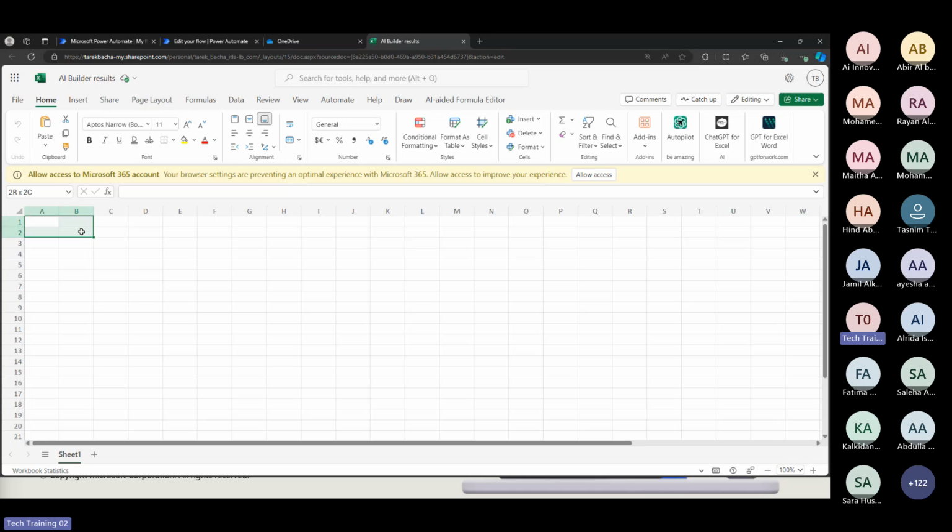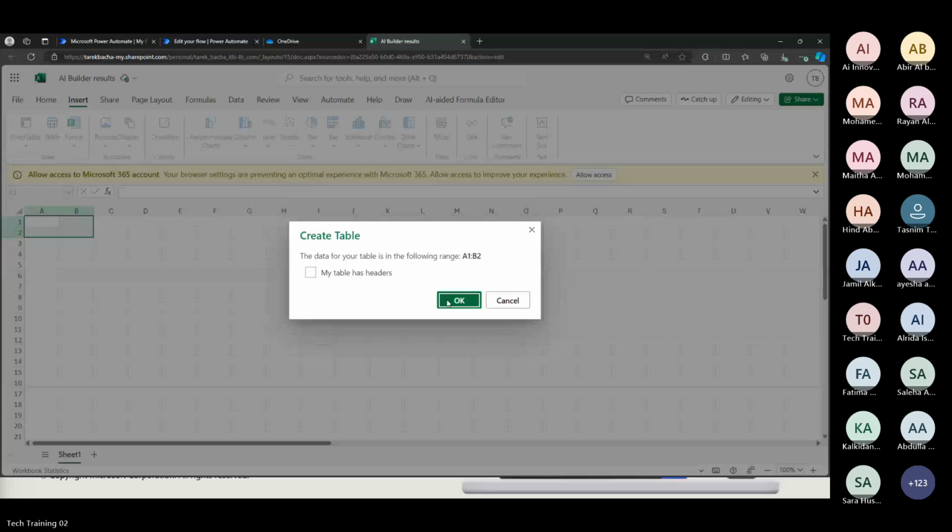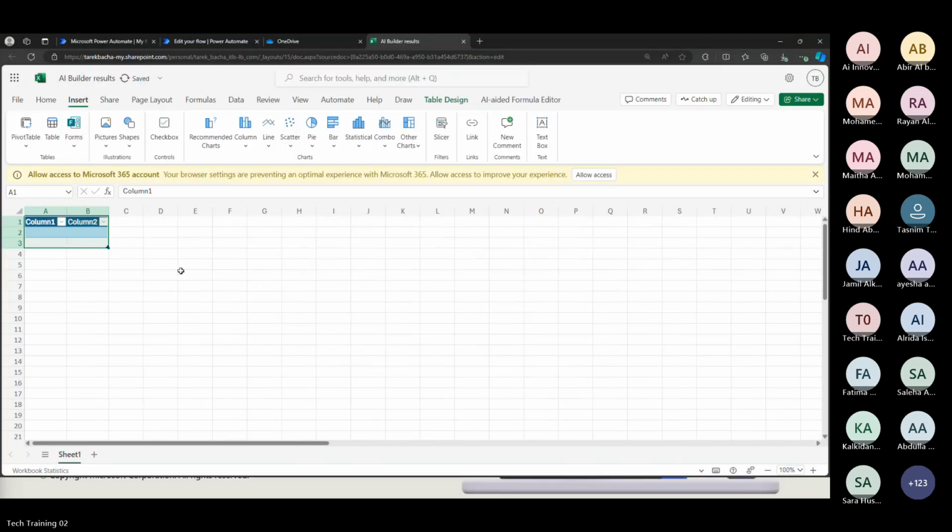With Power Apps and Power Automate, when I connect to Excel, creating a table is a must, not just a recommendation. So, insert table. Okay. Then I can